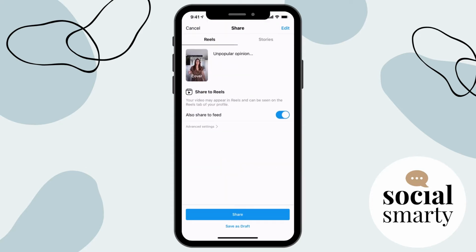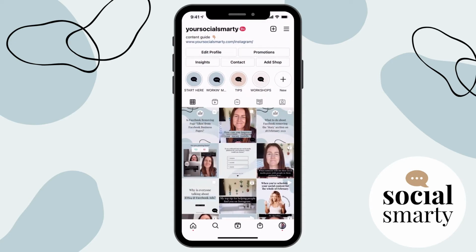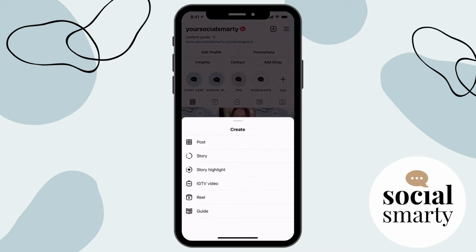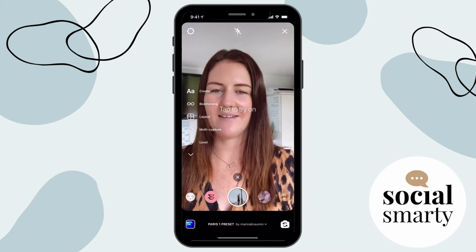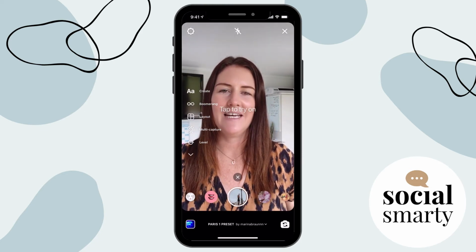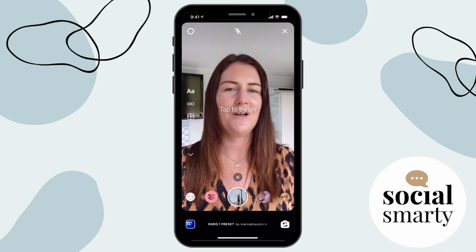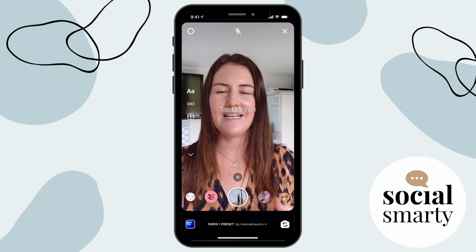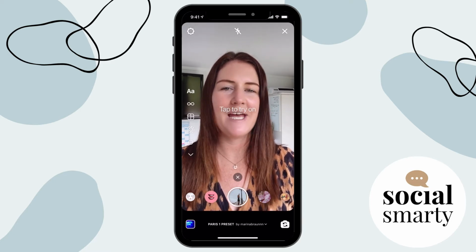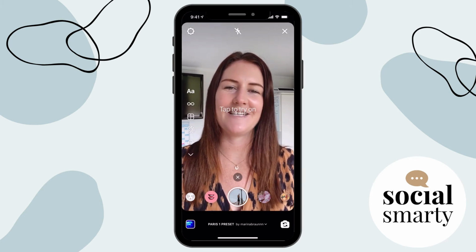So as I mentioned, this is the way that I create reels. I'm not saying that it is the only way, and in fact, I'm saying it's definitely not the only way. It is just the way that I do it. It's the way that I do it quickly so that I'm not spending a heck of a lot of effort. Entirely up to you if you want to give this way a go or try it a different way. But at least now, hopefully, you've got a few tools, a bit of knowledge, a bit of an understanding, and you're ready to use that newfound confidence and give reels a go.